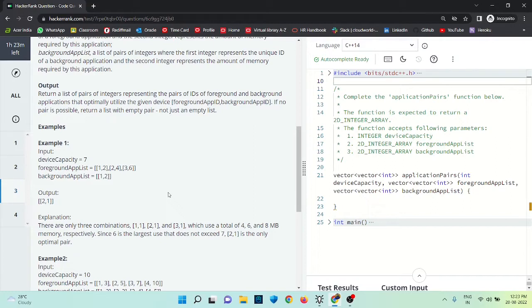So 6 is the largest use that does not exceed 7, so 2 1 is the only optimal pair. तो हमको यहाँ पे ऑप्टिमल पेयर वो है जिसका सम 6 है। करेक्ट है, बिकॉज मेन लॉजिक यहाँ पे ये है, ऐसी मेमोरी जो कि डिवाइस कैपेसिटी से ज़्यादा ना हो। तो यहाँ पे दो मेमोरी आती हैं, 4 और 6।